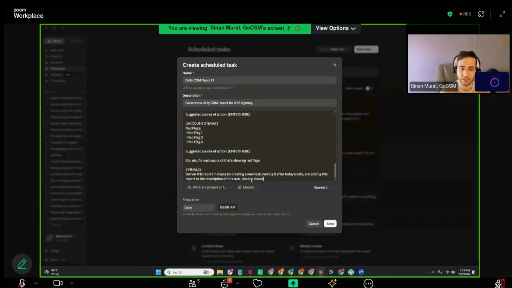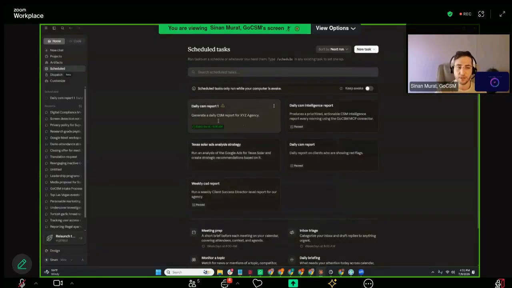So use the Asana MCP connector for this, so it will actually push it to Asana. In this case, I'll hit save, and every day this will run at 5 a.m. Now, if you want, you can always click the three dots, click run now, and it will generate the report